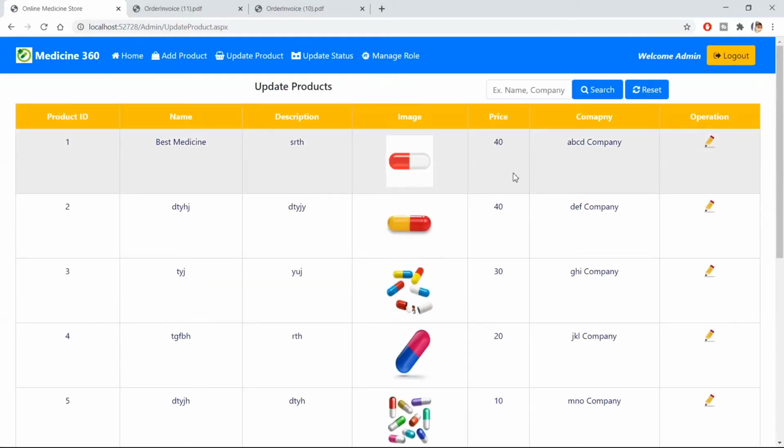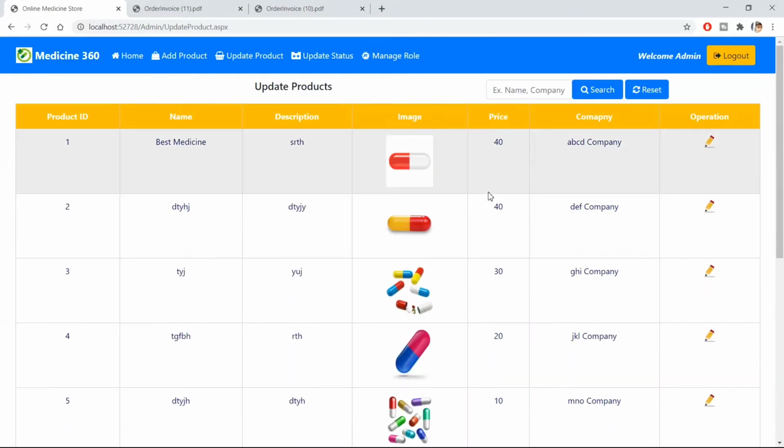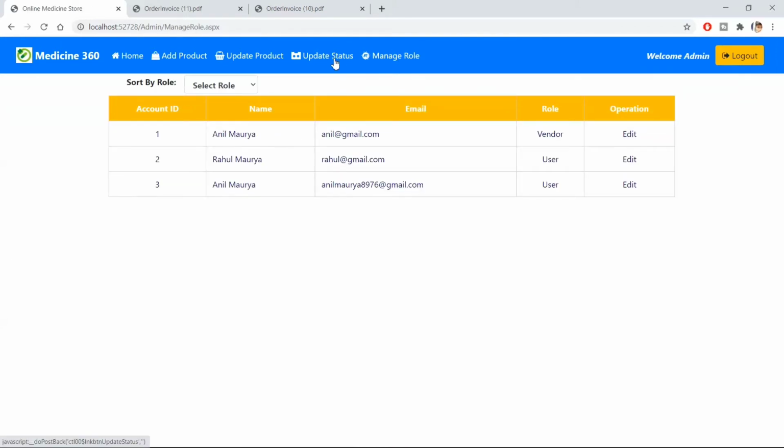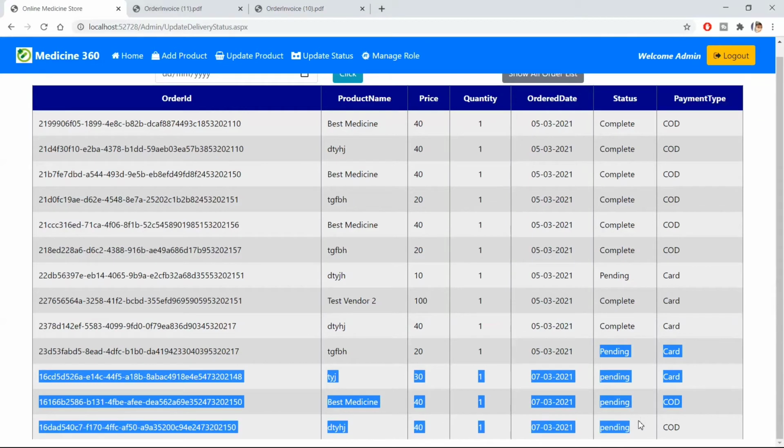Here vendor as well as admin can update their products, but vendors can't edit the products which are added by the admin, but admin can edit the products which are added by the vendors. Here you can search the products by name or company name. In update status, you will see all the orders made by the users, and the previous order that was made is in pending status.